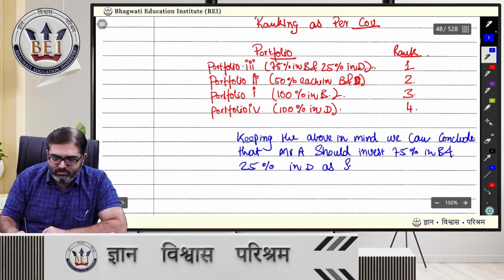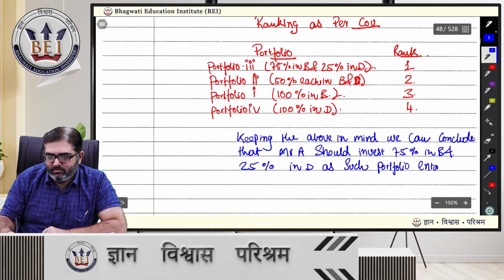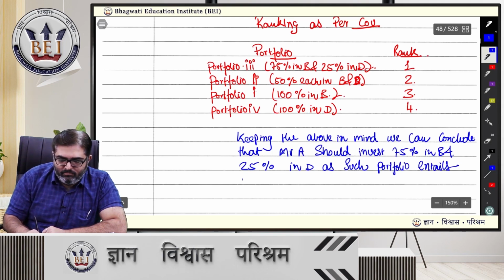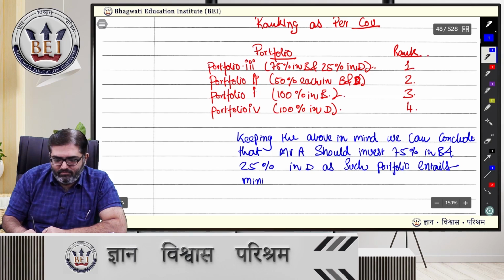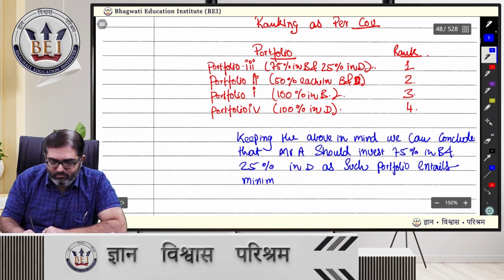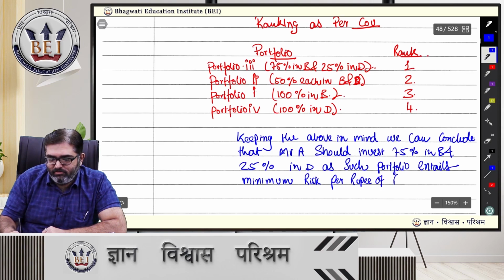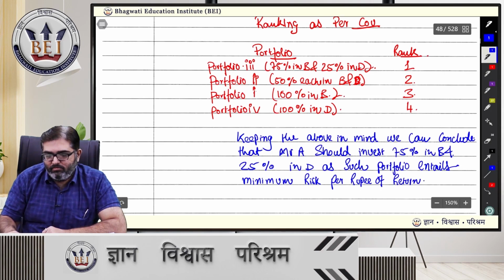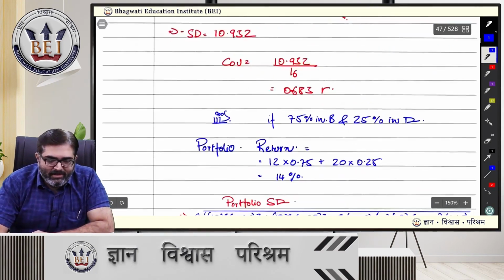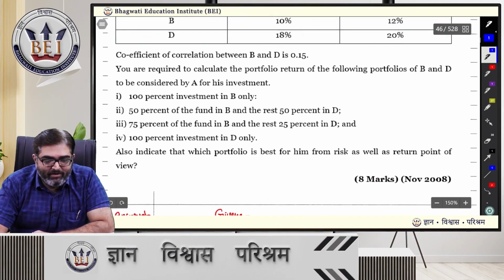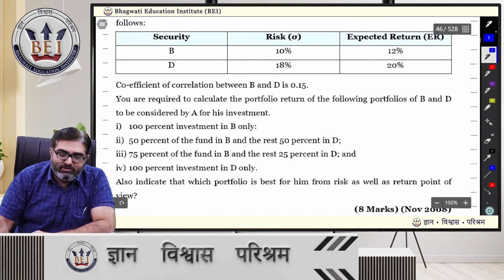as such portfolio entails minimum risk per rupee of return, right? लिखना जरूरी है, इसमें कुछ समझाने लायक है नहीं, बड़ा सिंपल है, आपको सब कुछ दिया हुआ है,